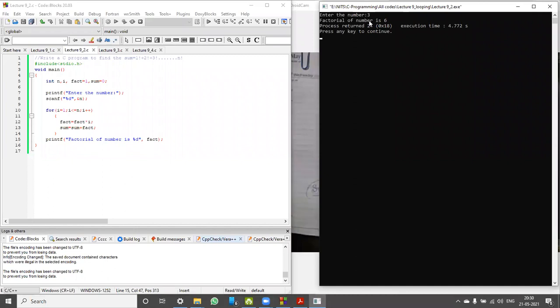So this is the value of factorial. Okay. Now, if we want to print the value of sum also, I can just copy this statement, with %d and sum.